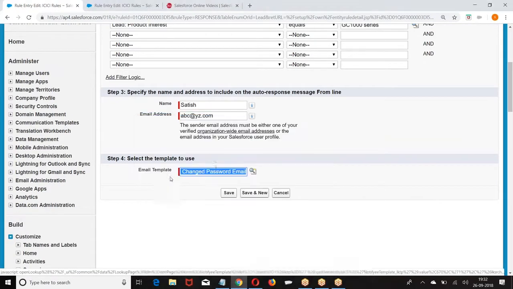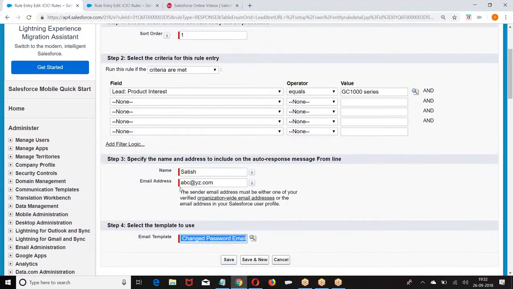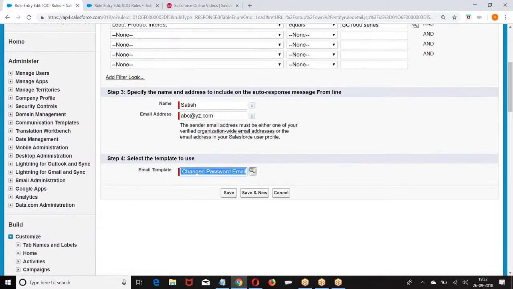Choose the email template. I have selected the email template, save. So if any web to lead comes with Product Interested as GC series, then this is the email that will be sent. When the lead is received from web to lead, the response mail that is sent